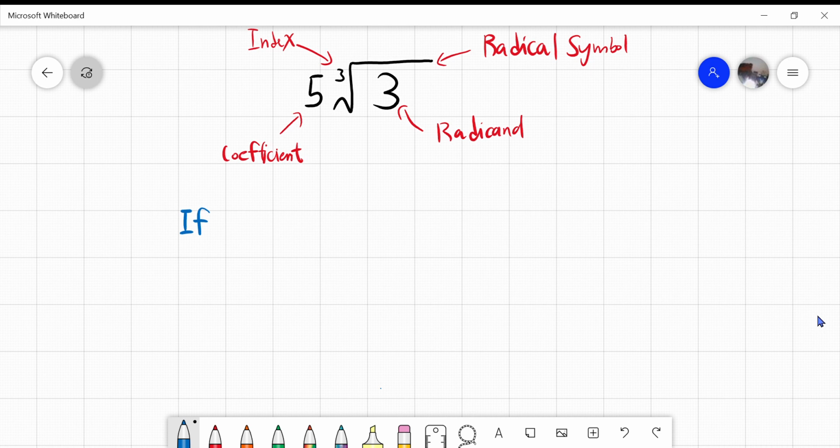If the square root of the product of two numbers, a and b, let's make the b a different color, then